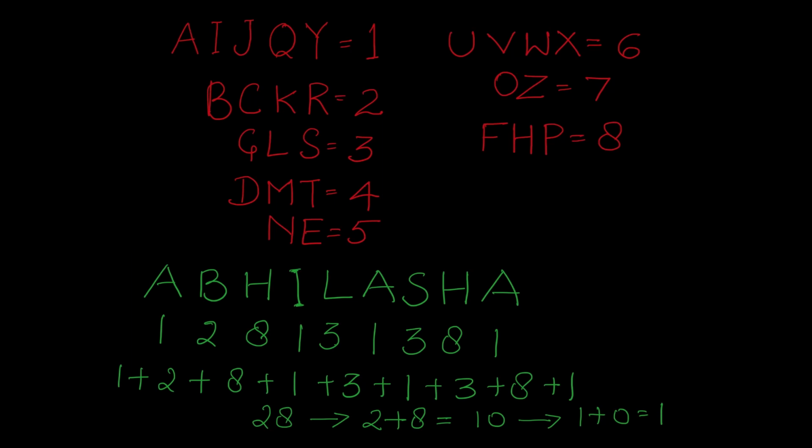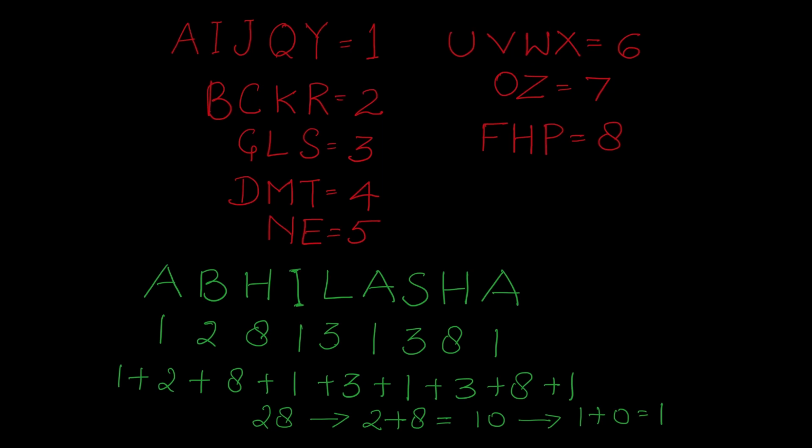Write down your name. Under each alphabet, write down the corresponding number. Like in this case, A denotes number 1, so I have written number 1 below the alphabet A. B denotes 2, so I have written number 2 beneath the alphabet B, and like this I have completed the whole name and the numeric value attached to each alphabet. Then I have added these numerical values and came to a two-digit number,